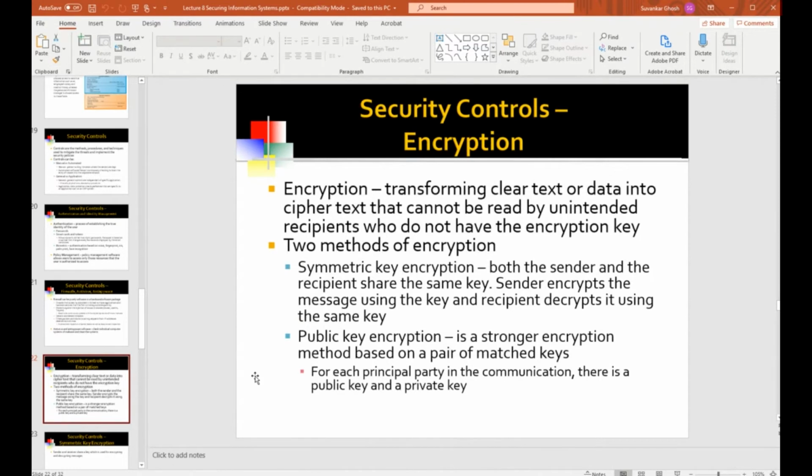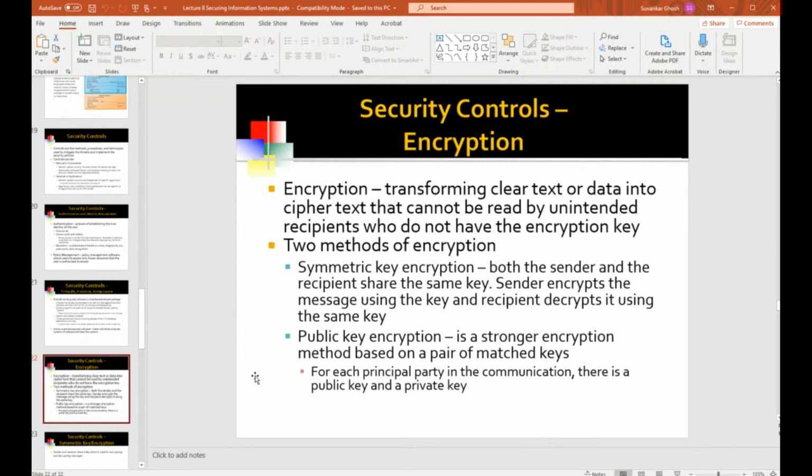Another form of security control is encryption. So we said that, okay, a person has hacked into your system, has guessed the password through some method, and is now inside your system. Maybe it's a person doing industrial espionage or a person with a foreign intelligence agency, and they now want to steal your trade secrets or other valuable information.